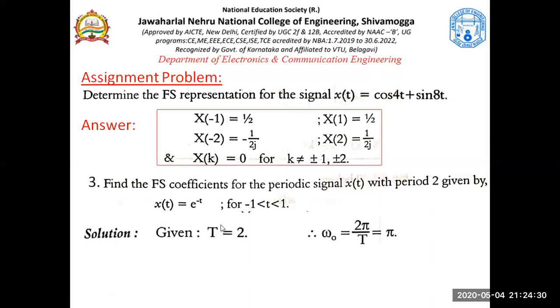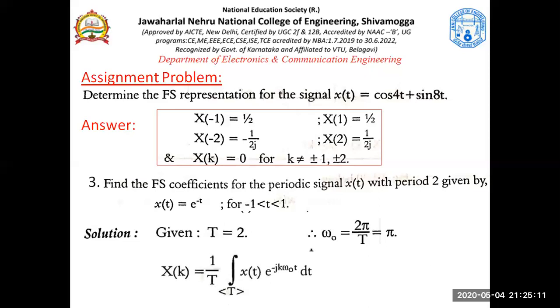So before that, let's just extract the information that is there. The fundamental period is 2, so T is 2. What is the angular frequency? Angular frequency is always given by 2 pi by T. Any periodic signal will have the fundamental period equal to 2 pi by omega naught. So angular frequency omega naught would be 2 pi by T radians per second, and that would be pi. How would that be pi? Because T is 2, so 2 and 2 get cancelled, and omega naught would be pi radians per second. Understand this? Now this is omega naught. So keeping this omega naught in mind, let's see how to solve the problem now.